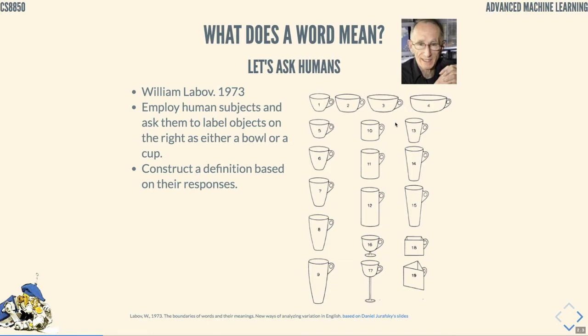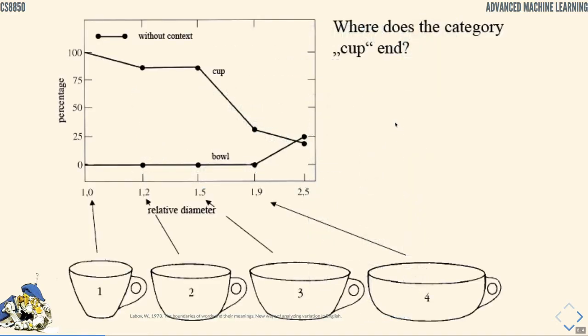So what's interesting is the question, where does the cup category end and the ball category start? Absent of everything else, you can see on the picture here that it depends on diameter. The larger the diameter, the more likely it is to become a ball. We're plotting only one